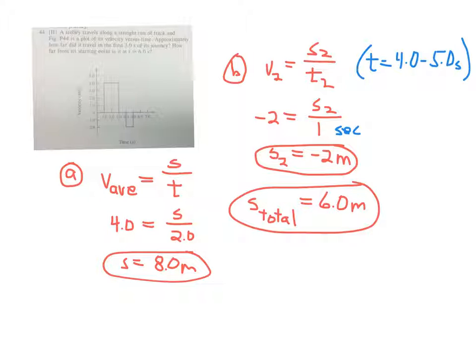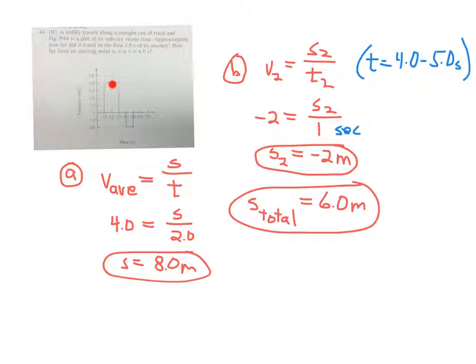In some respects here, this graph is an impossibility. It's impossible for these lines to be vertical, because the slope of these lines would be the acceleration. They should have a slight slope to them, but we can ignore it if it's a very short period of time, which they've done here, because there must be a positive acceleration to go from 0 meters per second to